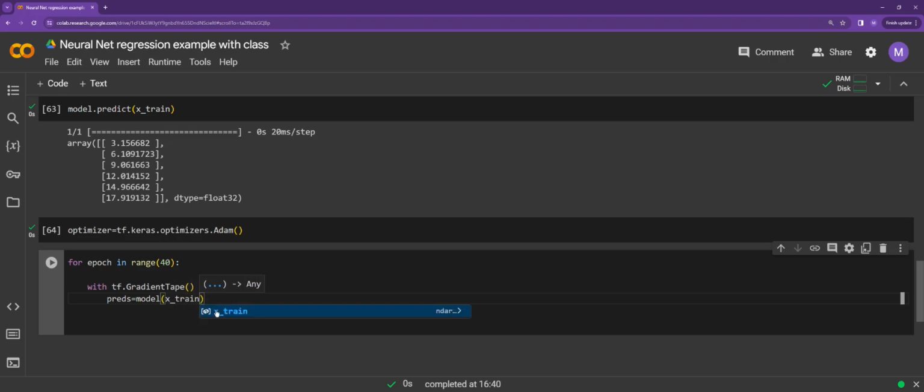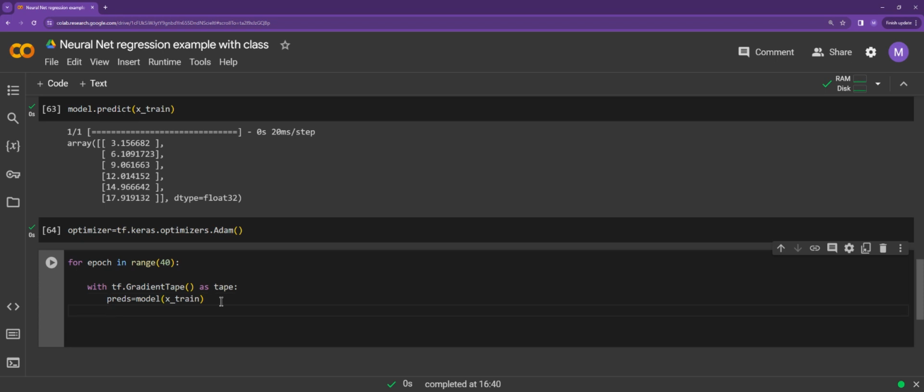No model dot fit or model dot predict or anything like that. Okay, preds equals model of xtrain, and loss, obviously it's regression, so it's MSE: TensorFlow dot reduce mean